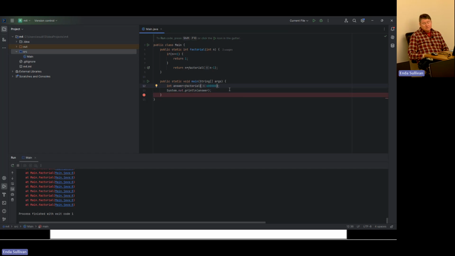Now, I could have written factorial with a loop. You absolutely can calculate this exact same thing with a loop, and you will get the same answer. And in a loop, I will be able to calculate the factorial of 600,000 or 6 million or whatever number that is. And it will work as long as I don't overflow an integer. If I store it in a long, it'll certainly work. So what am I telling you? I'm telling you that sometimes recursion is going to make it so that you overflow the stack